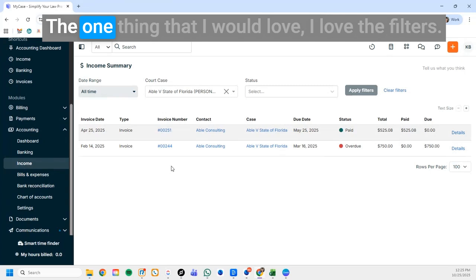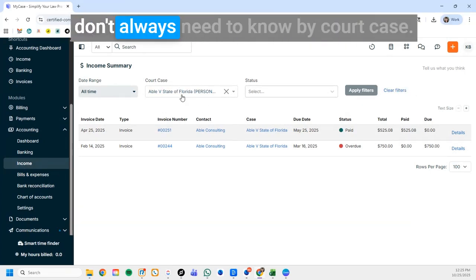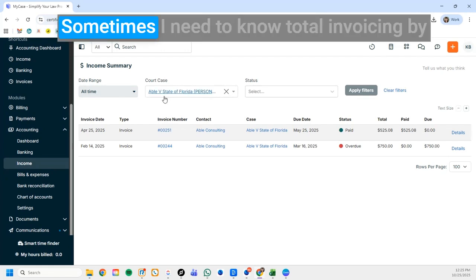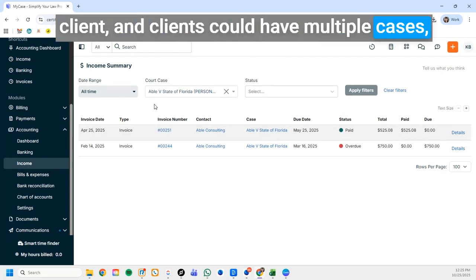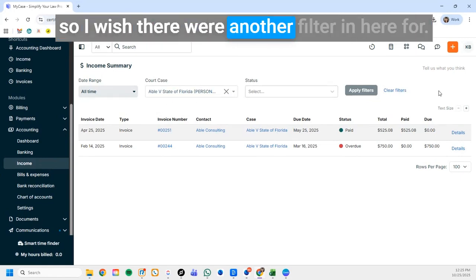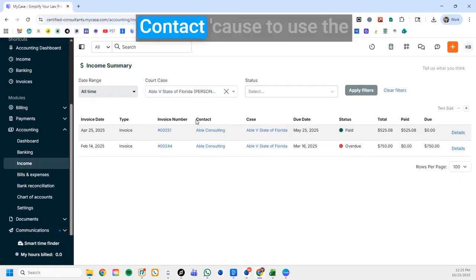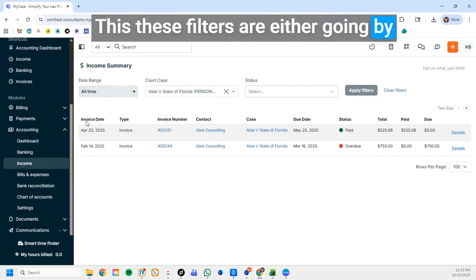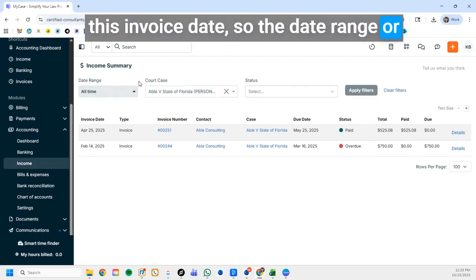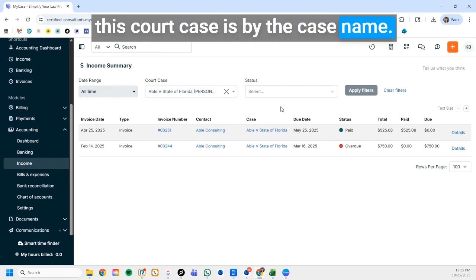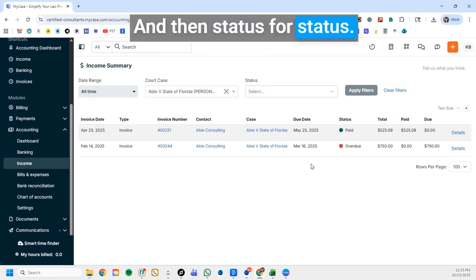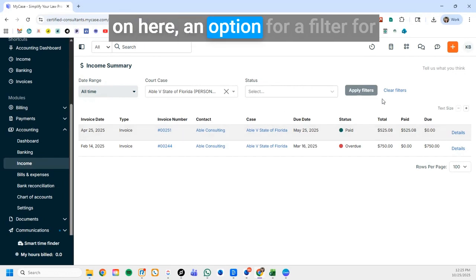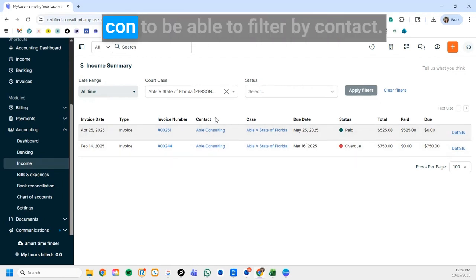Now, the one thing, I love the filters. I wish there were some more, because I don't always need to know by court case. Sometimes I need to know total invoicing by client, and clients could have multiple cases. So I wish there were another filter in here for contact, to use the same terminology. Right now, these filters are either going by this invoice date, so the date range, or this court case by the case name, and then status for status. So I wish there were another option for a filter to be able to filter by